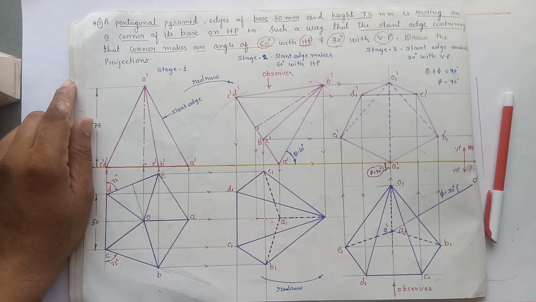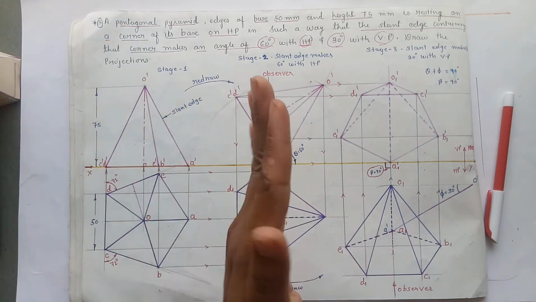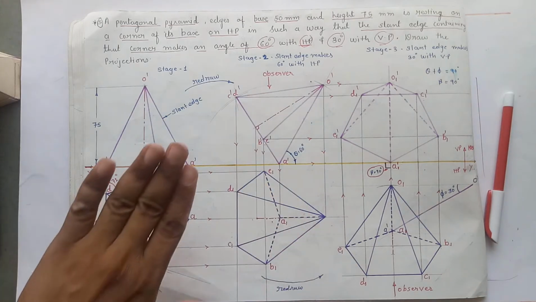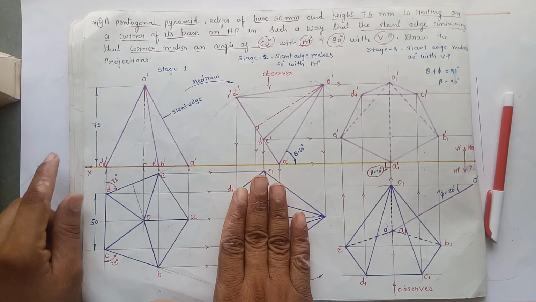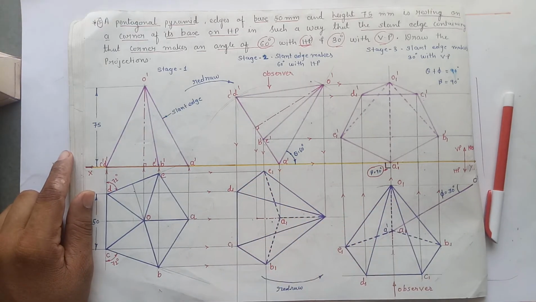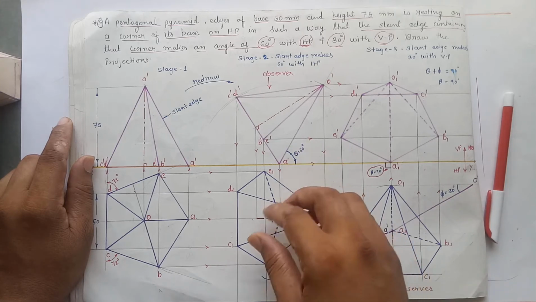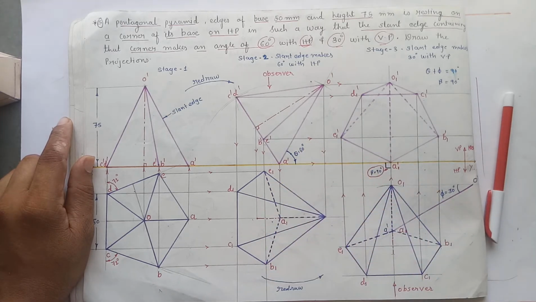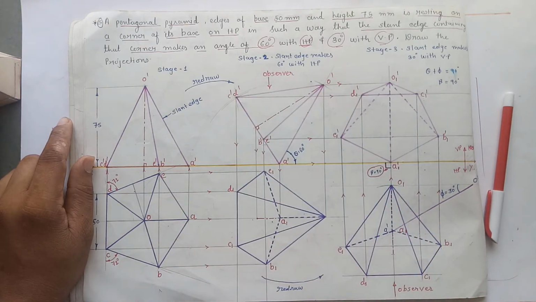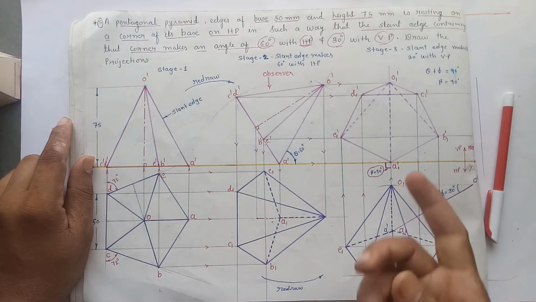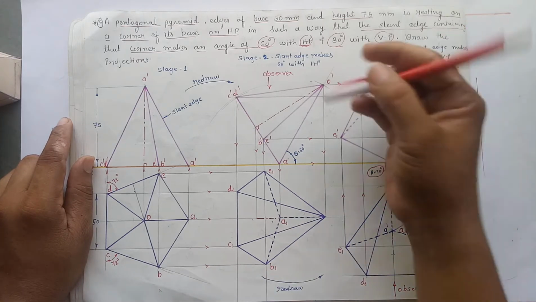Now what about the third case? In the third case we have discussed that the points of the base should be rotated like this, but here the points remain as they are. So in this question we are not going to apply case 3 also. We are not going to apply case 2 and case 3 in this example, because the condition of this example doesn't follow case 2 and case 3. So we are going to apply case 1, in which we have to